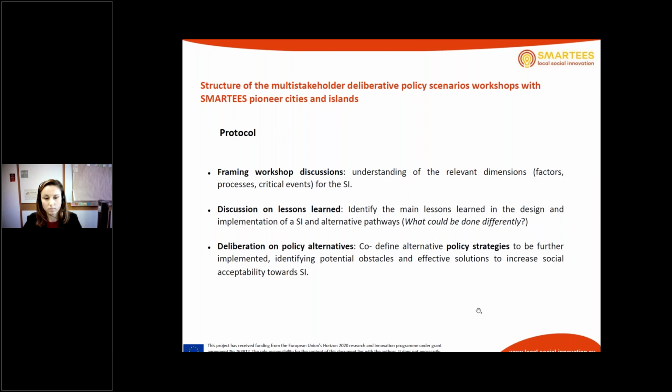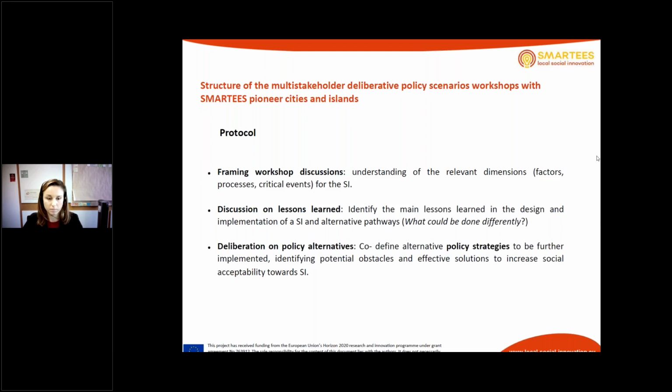Thus, the protocol has three different goals. The first one is framing the workshop discussion and understanding the relevant dimensions. For example, the key factors, the processes, the tipping points, the critical events for the social innovation. Also, we wanted to identify the main lessons learned in the design and implementation of this social innovation in each case, in each city or